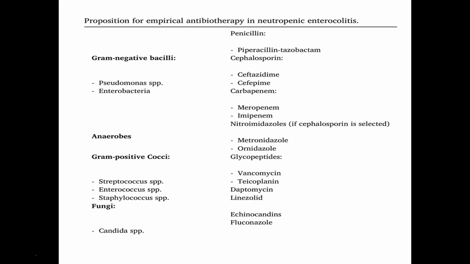The most important thing is to follow your resistance pattern and treat accordingly, and also involve infectious disease on the choice of antibiotics. For ESBL patients or bugs, carbapenems are preferable. And if patients are having a severe scenario where they have derangement